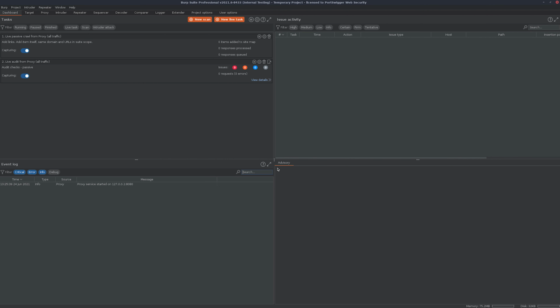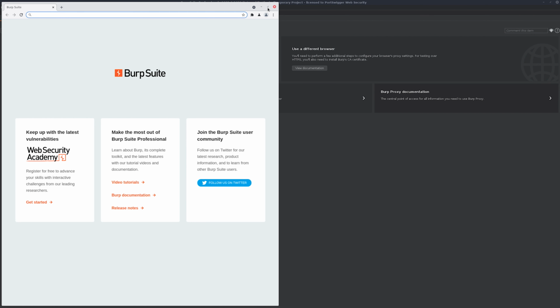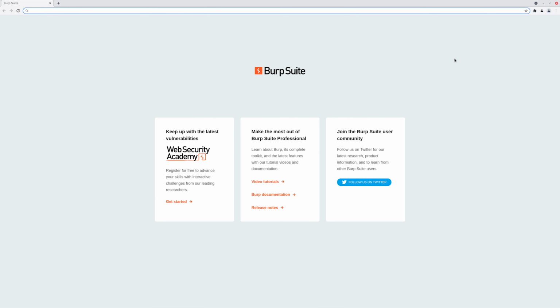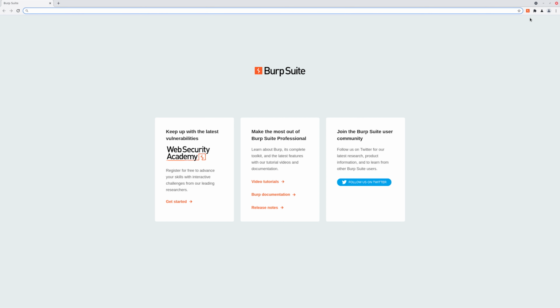So let's get started. The first thing to do is click on the Proxy tab. Open the Burp Suite embedded browser by clicking the Open Browser button. And if the extension isn't pinned by default, you just need to click on the plug icon here and pin it here. So this displays the Burp Suite container extension, and the Burp Suite container extension is an extension that